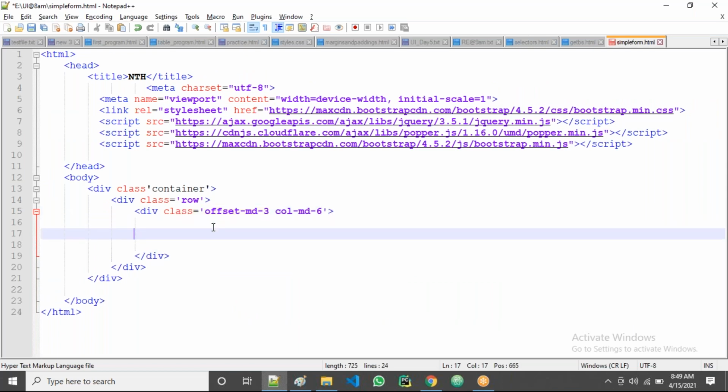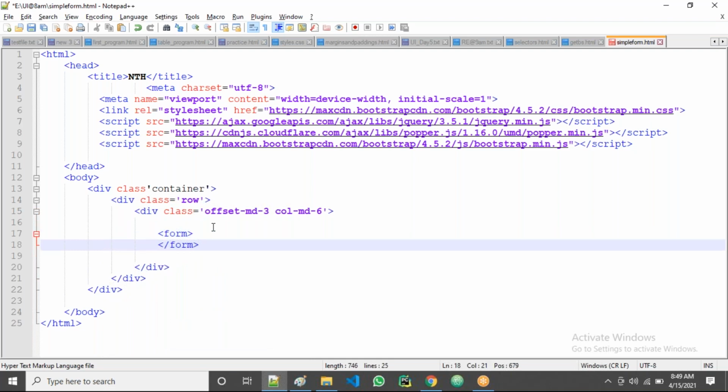In these 6 columns, first what I'm doing here, I'm going to create a form. So I have taken the form tag. In the form, what's the first one, guys? Label. What is the label here? Observe now. Enter your first name is the label.